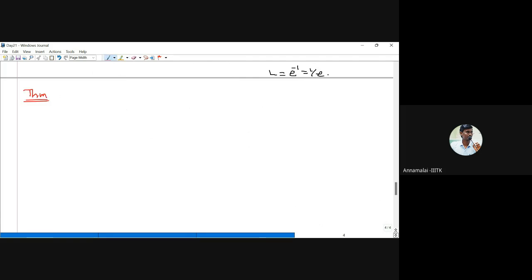This is a necessary and sufficient condition for integrability. So what the theorem says: a bounded function f defined on the closed interval a comma b is integrable, or Riemann integrable, if and only if